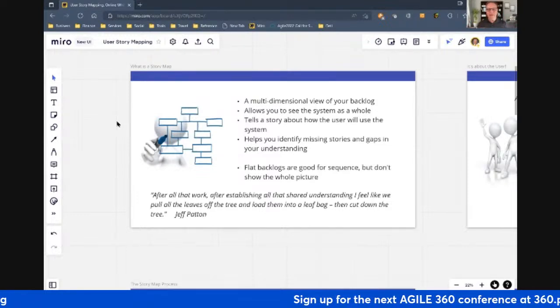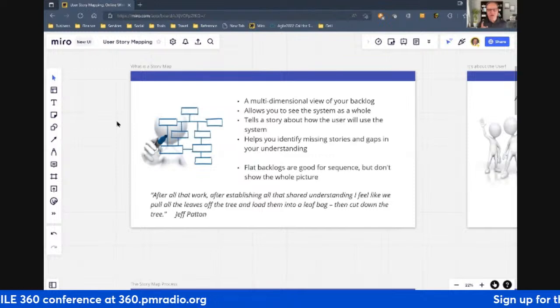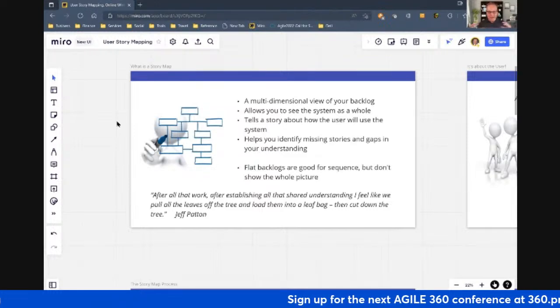A user story map gives you multiple dimensions, so you can see it in a different perspective. And in this case, it's about the user. Again, going back to principle number 1 in the manifesto, our highest priority is to satisfy the user. So this tells the story of our backlog, right? Our